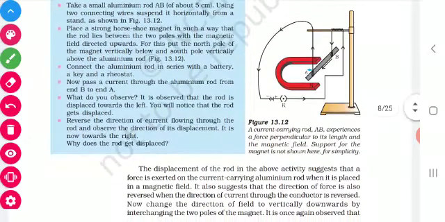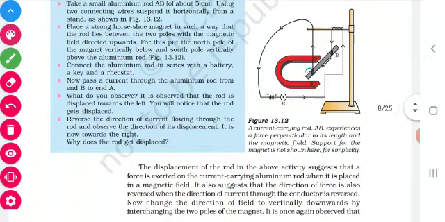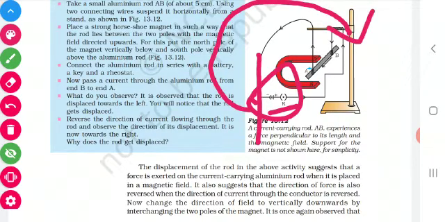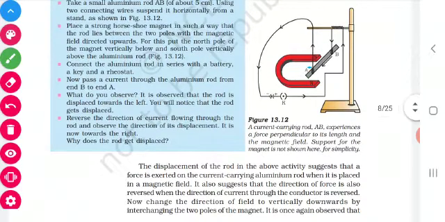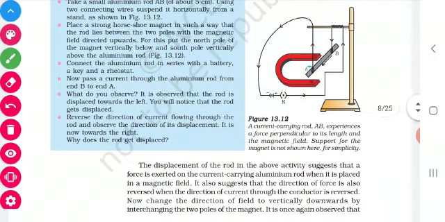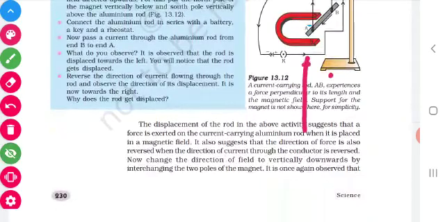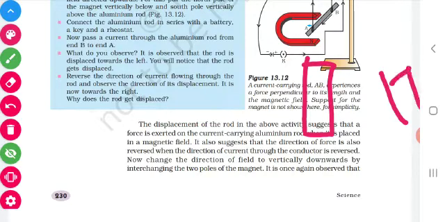Now what we have to do is reverse the flow of the current. We have to change the position of the battery, positive and negative like that, and pass the current reversely, in this manner. As we pass it, the aluminium foil will be displaced towards the right. Initially the aluminium foil was like this. As we pass the current, it will be displaced like this, as if kicking it forward.